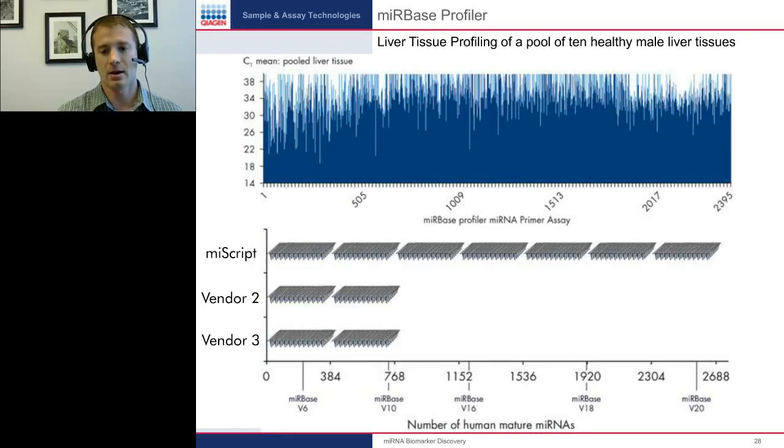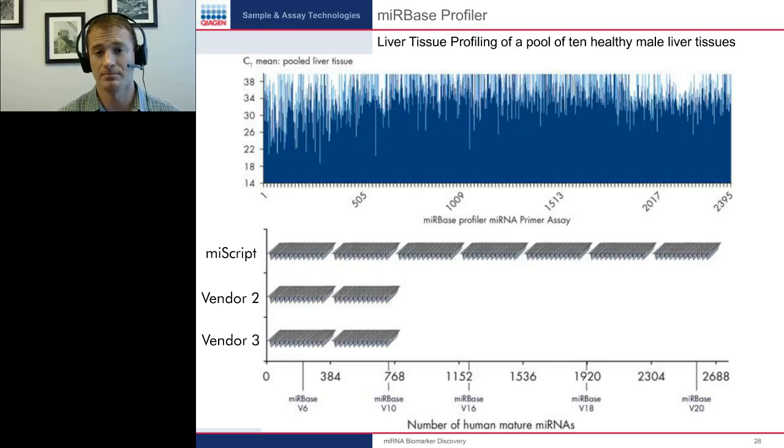Now you may say, are the most recently annotated mature microRNAs even expressed? And we did this experiment where we profiled a liver tissue sample, which is a pool of 10 healthy male liver tissues, across our 2,400 assays. And as you can see from assay 1 through 2,400, we have the raw CT values included. And as you can guess, even the most recently annotated mature microRNAs are also exhibiting signal, meaning that they